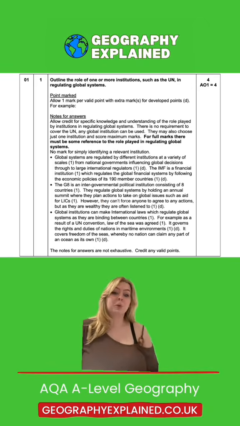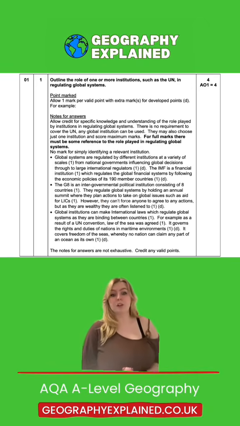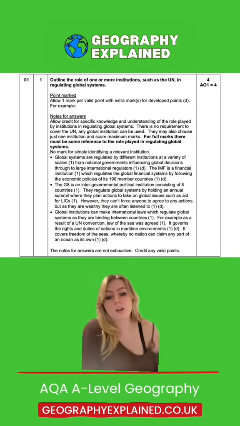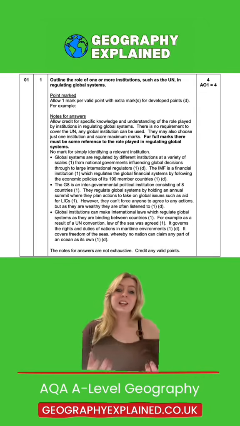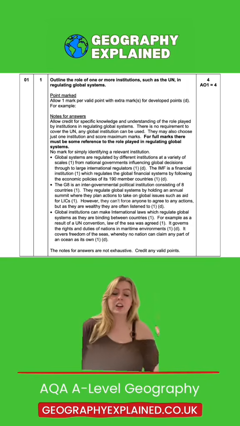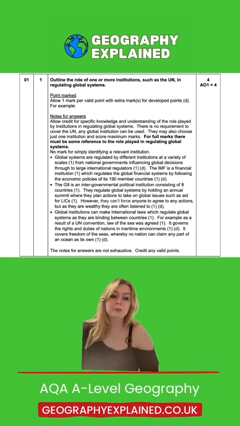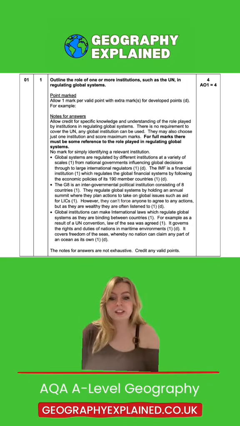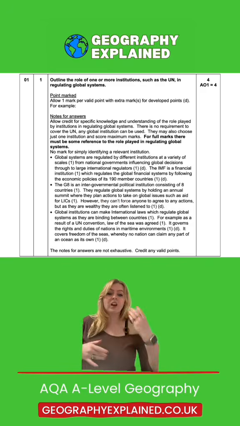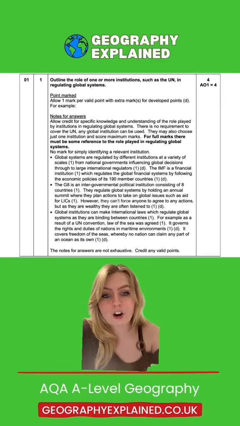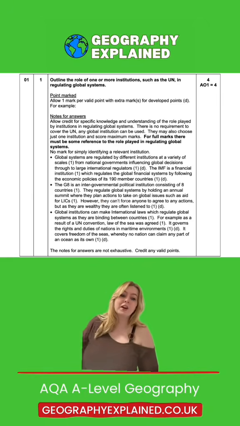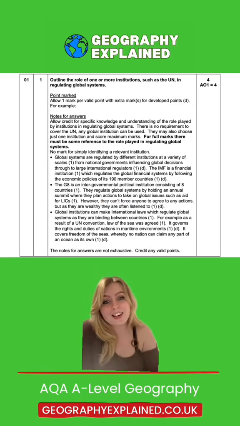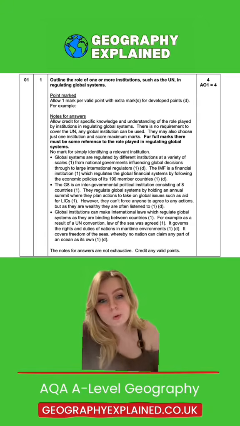A third example could focus on international law through the UN. You could explain that global institutions help regulate global systems by creating international agreements and laws. You could take an example from the Antarctica and Global Commons case study, talking about the UN Convention on the Law of the Sea, which established rules governing how countries use maritime environments. This regulates global systems by setting rules about issues like freedom of the seas and national rights over marine resources.